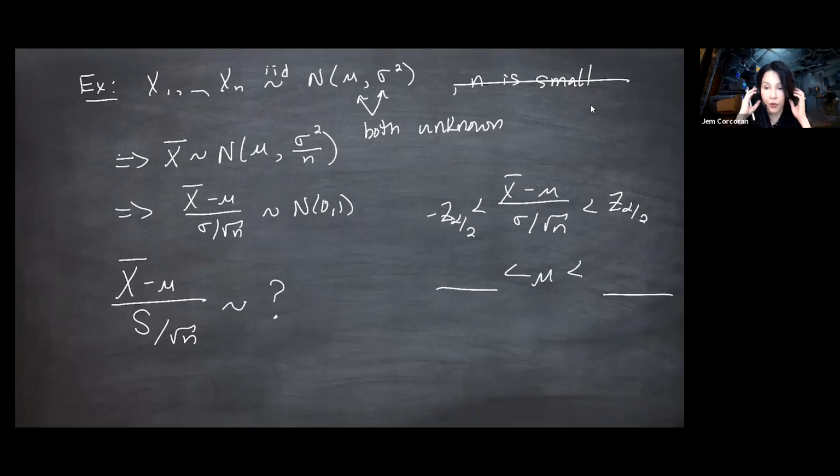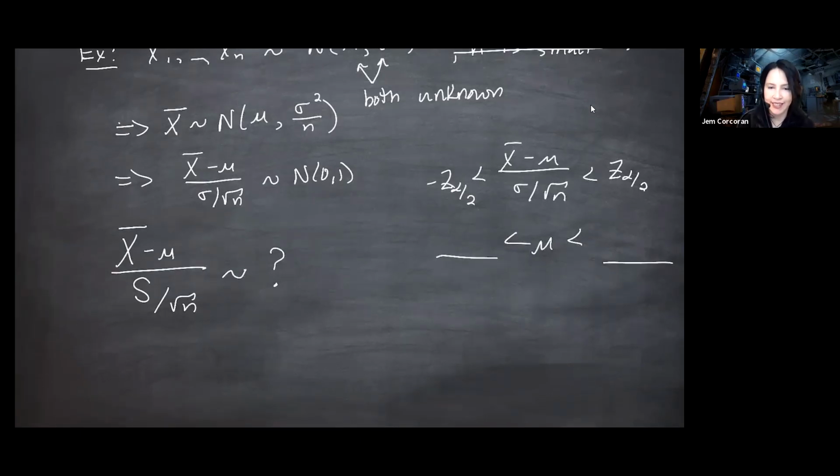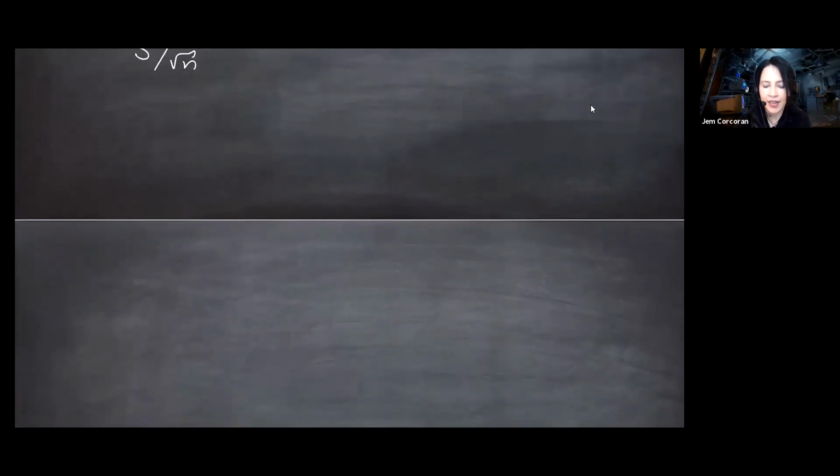Question is, what is the distribution of this thing? And this again holds for large or small samples, but it's only really used for small samples. And I'll show you why with an example. We got a new distribution coming, and here it is. Okay, so I'm going to define this so we're out of the example. Like, end that example and we'll come back to it, a new distribution.